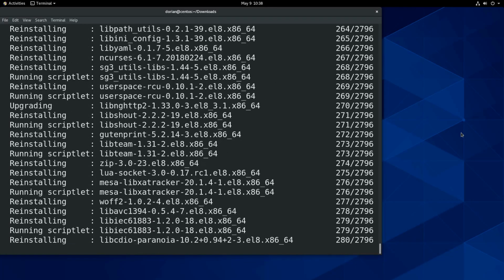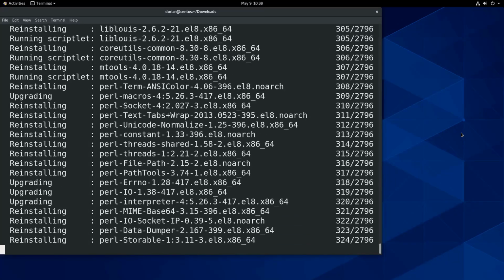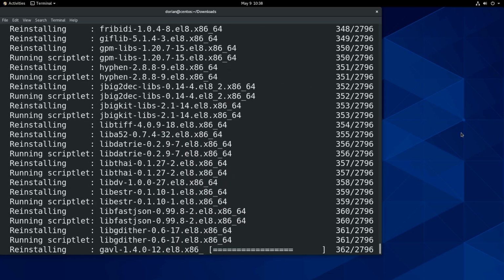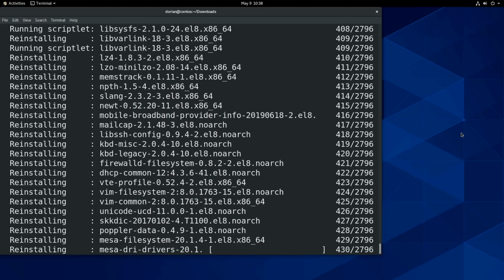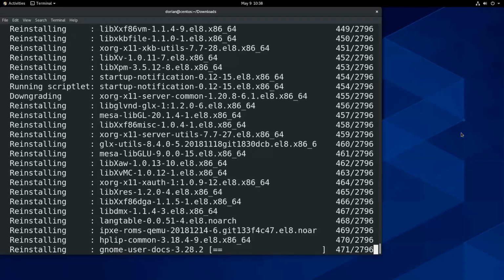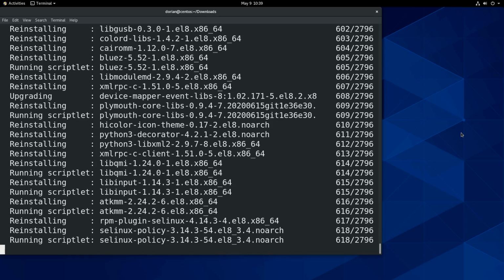And I'm not sure if you can tell, but there's been a couple that say downgrading, and most are saying upgrading and reinstalling. So it's lining up all the packages to match up with the versioning that the Rocky repos have. So some are the same, some are upgraded, some are downgraded. But in the end, this will make the entire dependency line of the entire distro line up properly and run as it should. Obviously, anything that's being downgraded right now is just a necessity, and it'll be upgraded in a future update.